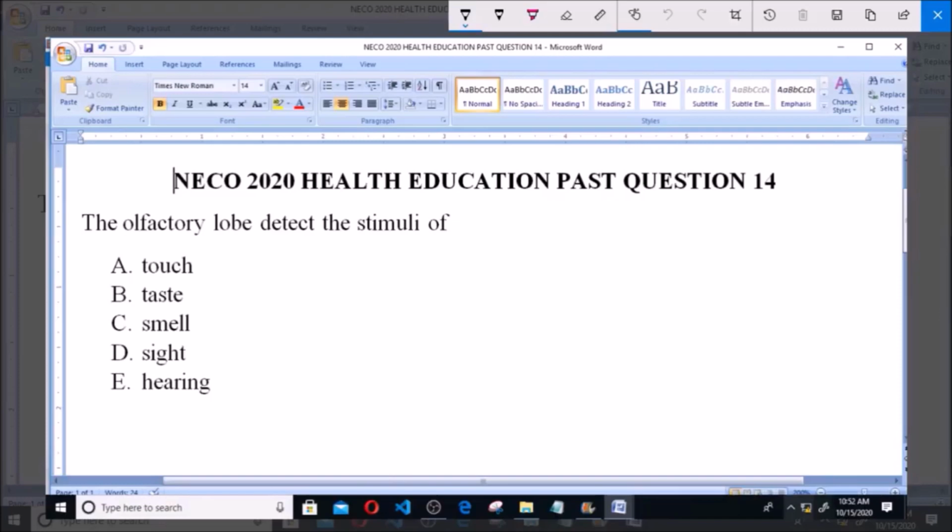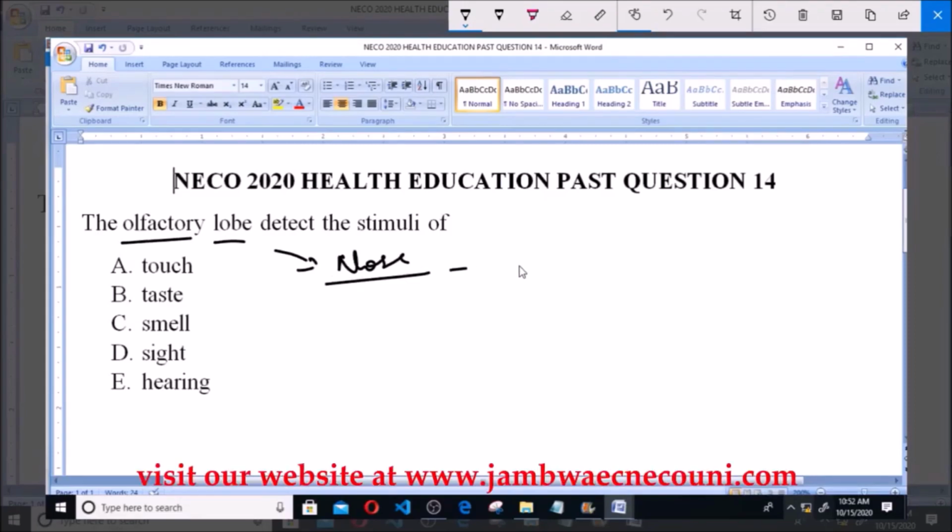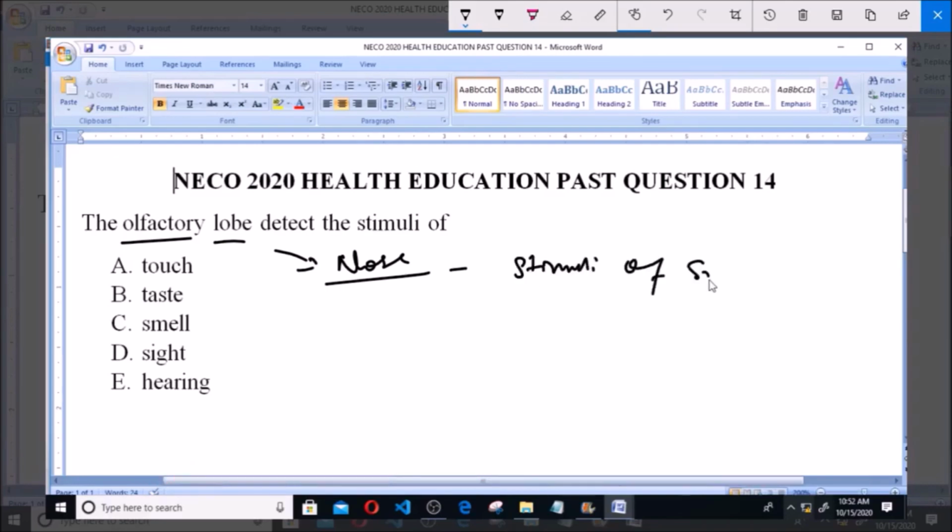I will be answering NECO 2020 Health Education Past Question 14. The olfactory lobe detects the stimuli of: A. Touch, B. Taste, C. Smell, D. Sight, and E. Hearing. Now, the olfactory lobe is located in the nose, and it's an organ that is responsible for detecting the stimuli of smell. So the olfactory lobe is a sense organ that enables us to detect or perceive